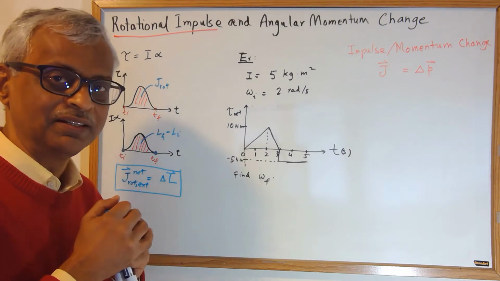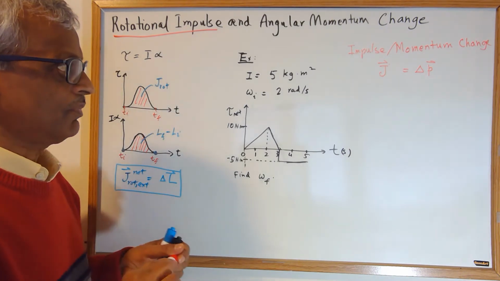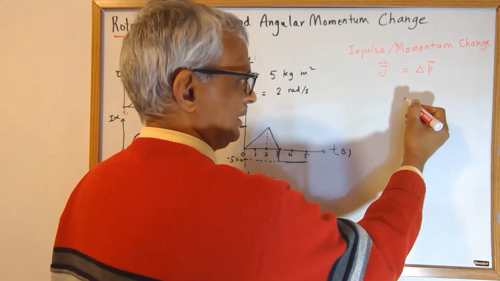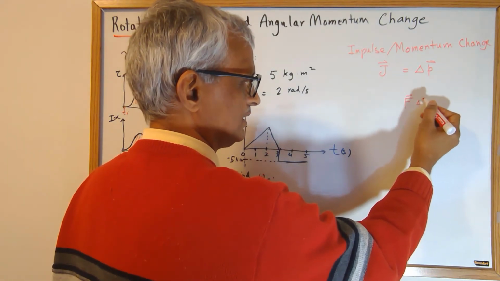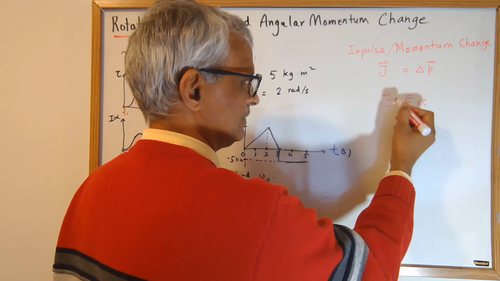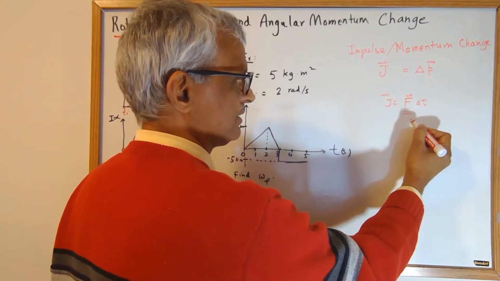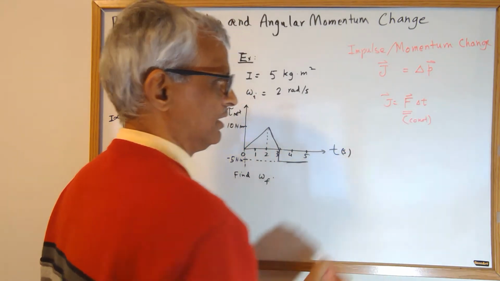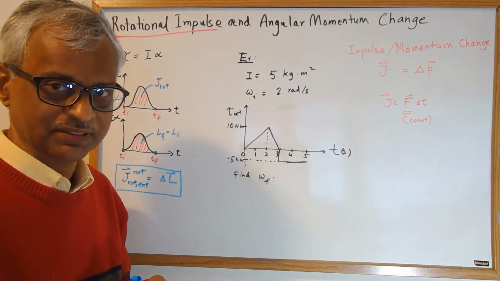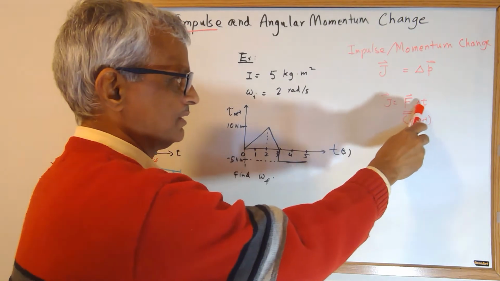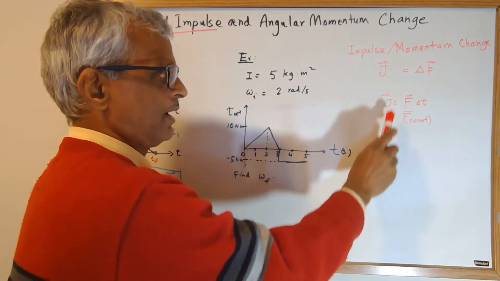A simple definition of impulse is force times delta t. If the force was constant, then that is a correct definition for the impulse of this force during the time it acted,